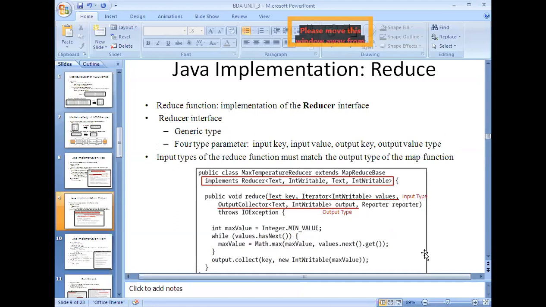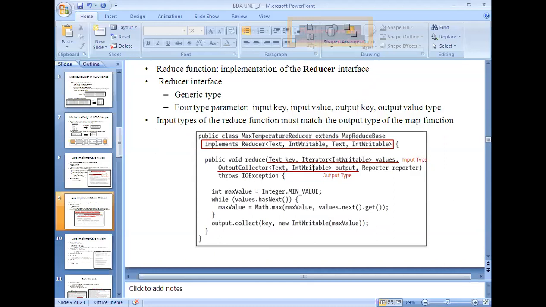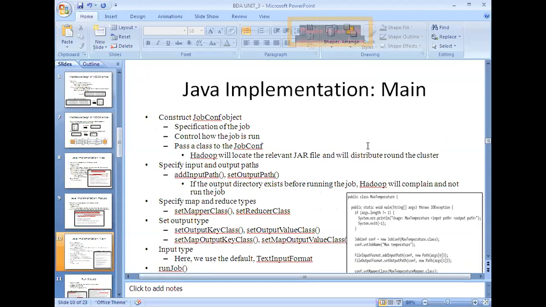In such a way you can implement the reducer logic. Don't worry, we will discuss a number of examples like this, and you may come to a conclusion about exactly what the various steps involved are, right? Now comes the driver code, the Java implementation of the main method. Most of the driver code is common to the majority of the programs.